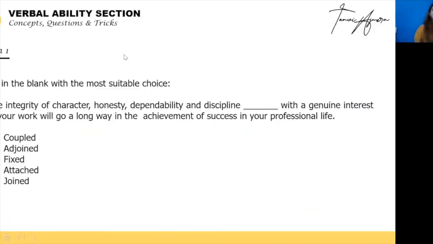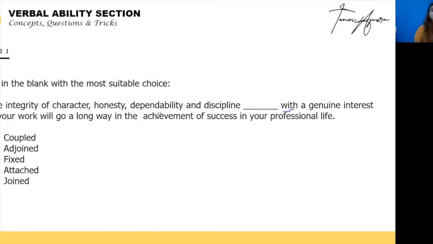So our first question is a fill in the blank question where we have to fill in the blank with, of course, the most suitable choice. The integrity of character, honesty, dependability, and discipline dash with a genuine interest in your work will go a long way in the achievement of success in your professional life. Okay. Now, the first thing that we need to understand is a very important word which has been used, which is nothing but